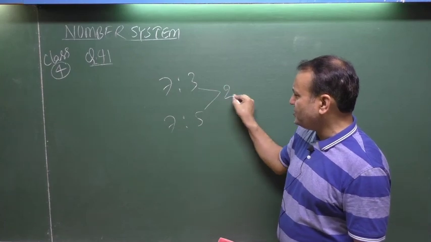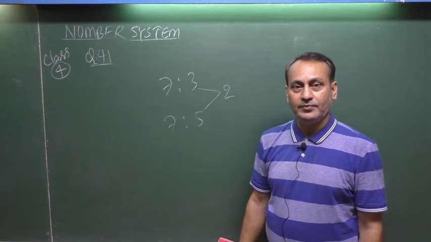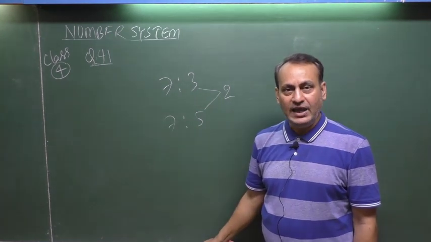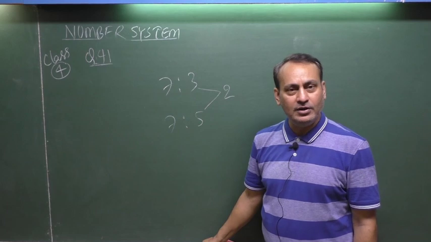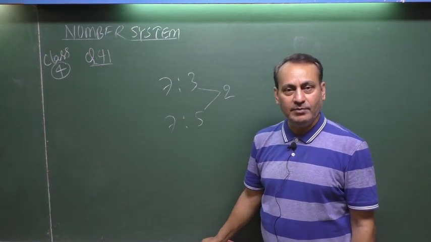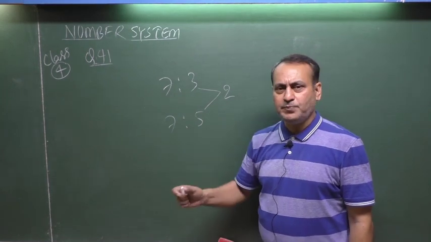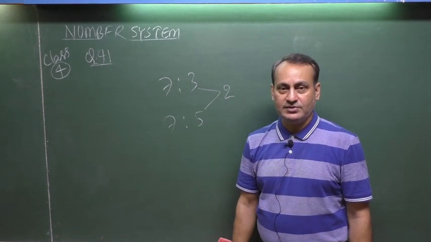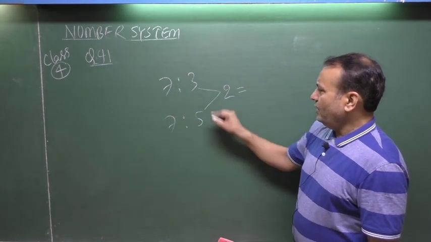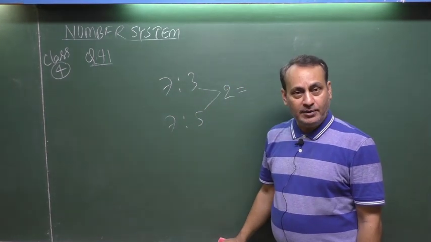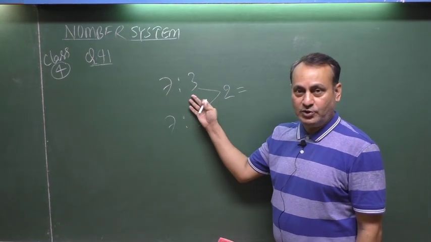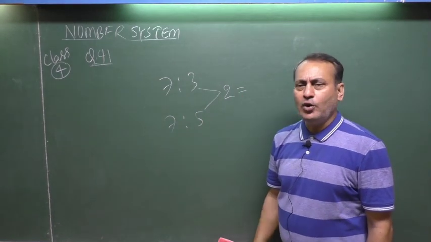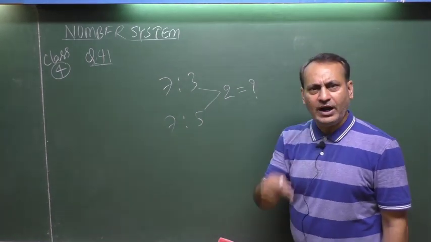2 units change in the smaller number, but the bigger number is still the same in both situations, as nothing was added to or subtracted from the bigger number. That means the situation is perfectly based upon the language. See here, you add 2 units to the smaller number in order to change the ratio from 7:3 to 7:5. Then you have to point out the value of 2 units only here. That will be your answer.